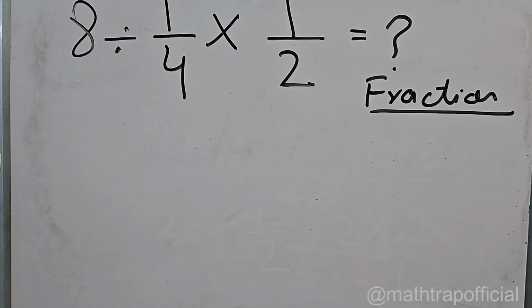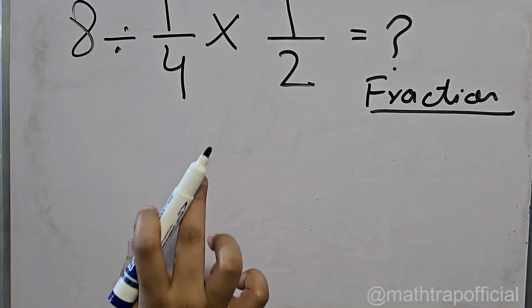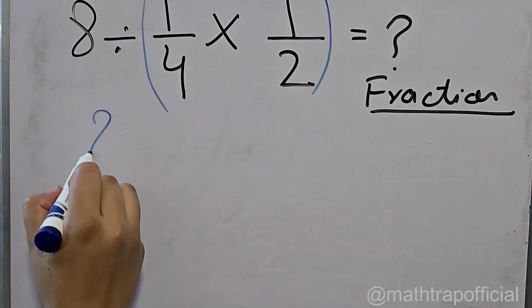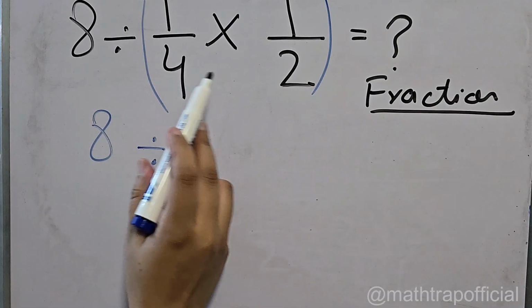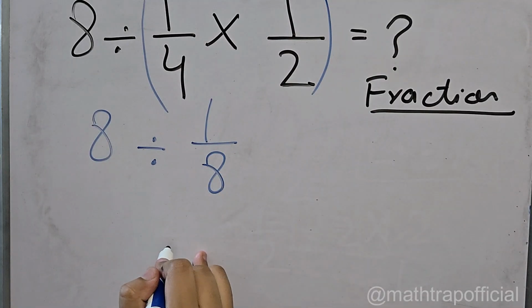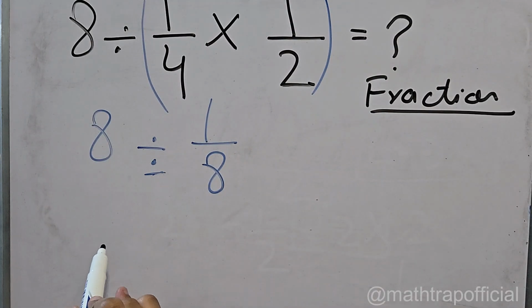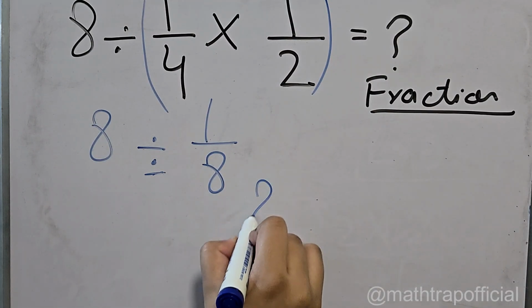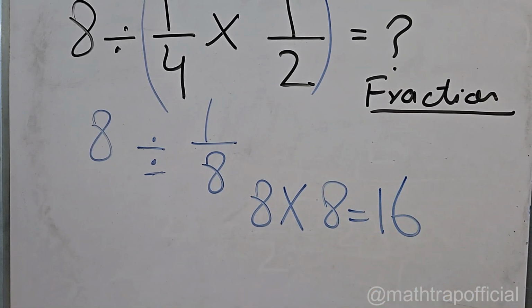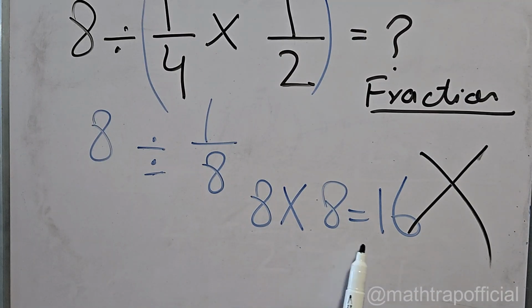So let's solve the fraction first, which is 1 by 4 multiplied by 1 by 2. So which is 1 multiplied by 1 comes to 1, and then we will multiply 4 by 2, which is 1 by 8. Now solve this division operator by converting it into multiplication using the KCF rule, which is 16,